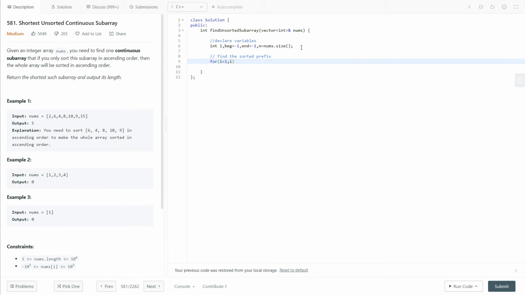So we travel from the first element to the last element, and if the number at index i is less than the number at i minus 1, it means that the sorted prefix is over and it has started to go down. So we'll break out from here. That is, till index i minus 1 it was sorted, and from index i the sorted prefix starts to break. So the sorted prefix was just till i minus 1, and then we find the minimum element